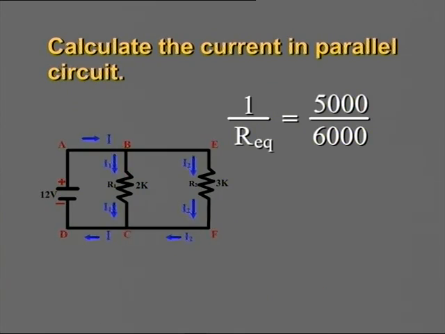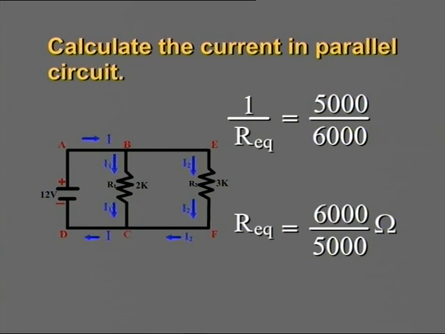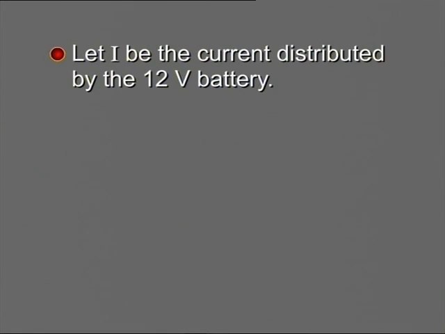We get 1 upon R equivalent is equal to 5000 upon 6000. R equivalent is equal to 6000 upon 5000 ohm. Let I be the current distributed by the 12 volt battery. V is equal to I R equivalent. Therefore, I is equal